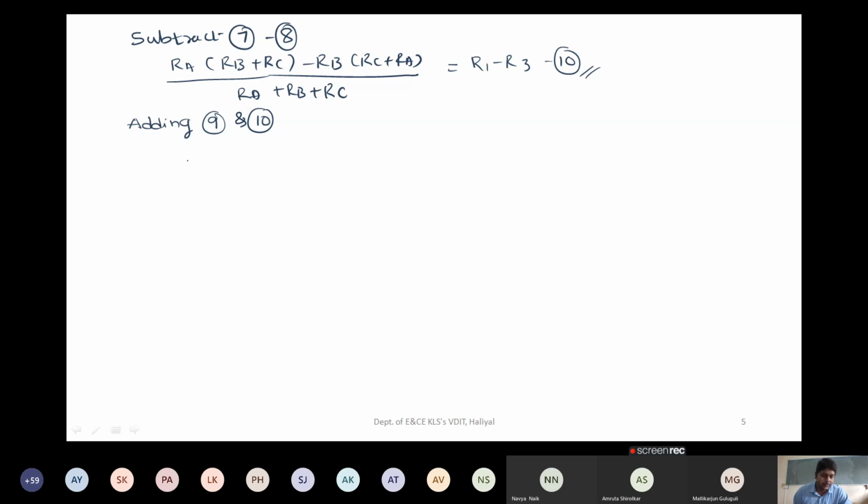So if you do that, what you will get is on the LHS side, you will get this one, RC RA plus RC RB plus RA RB plus RA RC, then minus of RB RC, and again minus of RB RA, whole divided by